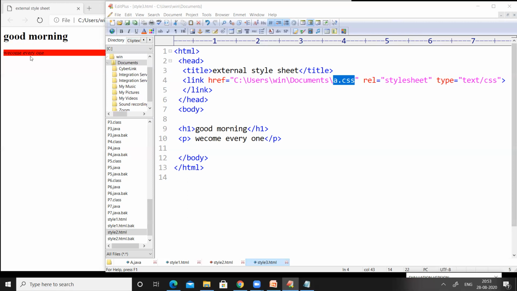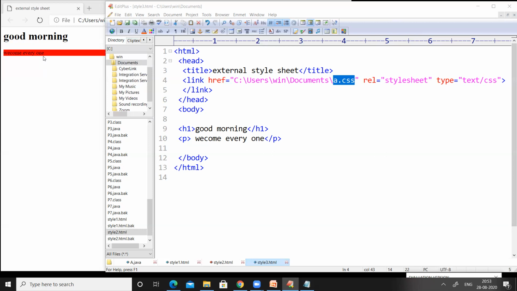So that is what happened in the output of this HTML document. Welcome to everyone is in black color, but the background of this text is in red color. This is possible because we linked a CSS file.